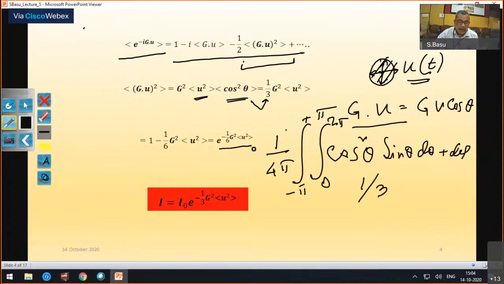This gets squared when I calculate intensity, and I get this term e to the power minus 1/3 g square u square multiplied by I0. That means given an intensity I0 at a lower temperature, when the average displacement is u square, the intensity falls by this amount. And it also changes with the increasing value of g. With this,